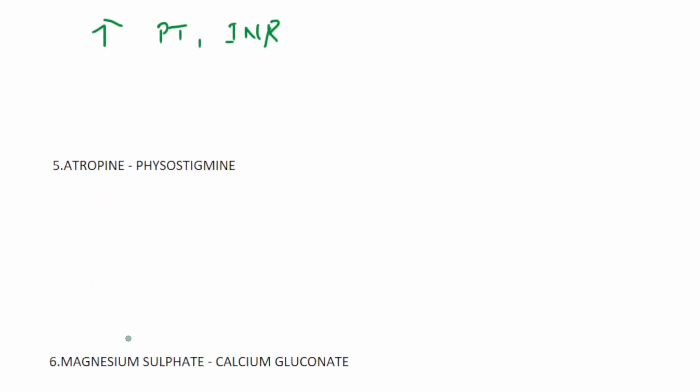Next drug is atropine. Atropine is an anticholinergic drug. It blocks the acetylcholine muscarinic receptors. Physostigmine is a cholinesterase inhibitor. Some important features of atropine overdose are xerostomia, dry mouth. It is also known as xerostomia